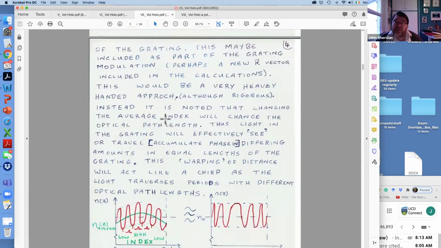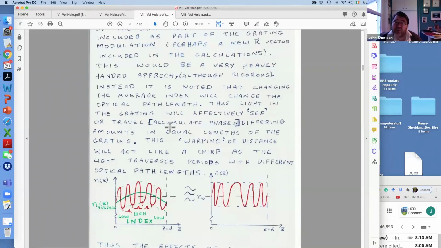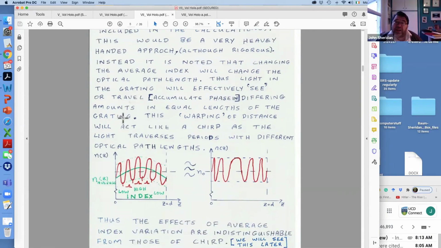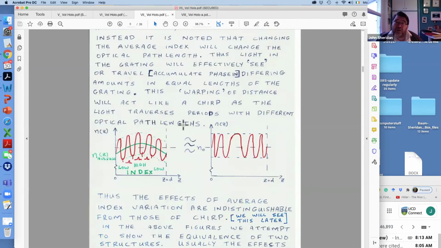Instead, it is noted that changing the average index will change the optical path length, so that the phase accumulated by the light as it propagates changes. Thus, if we've got a weak variation in our average refractive index, light in the grating will effectively accumulate phase in different amounts in equal lengths of the grating. This warping of the distance, the optical path length, will act like a chirp as the light traverses the periods